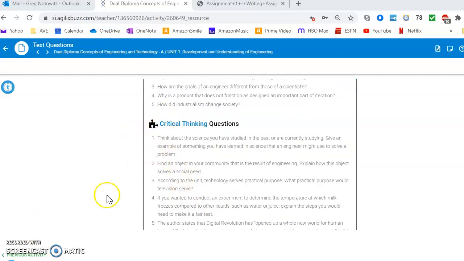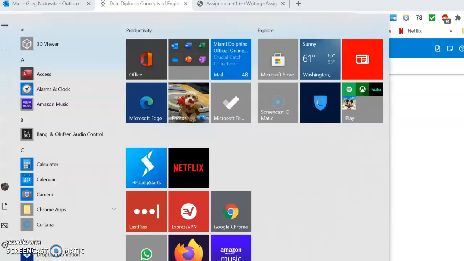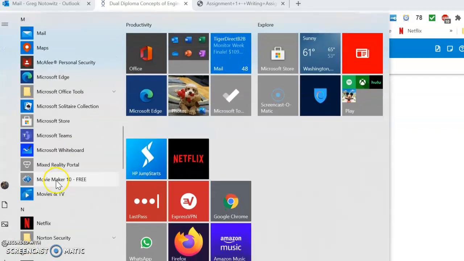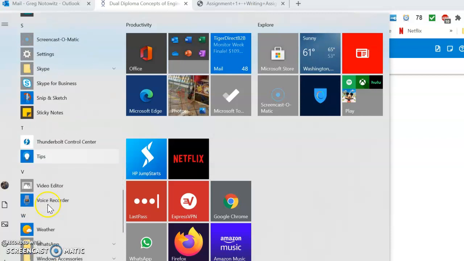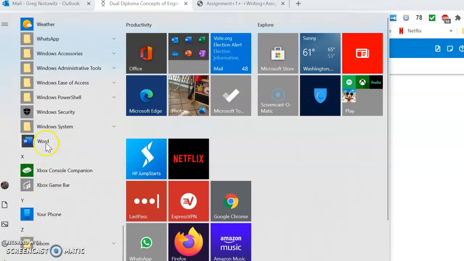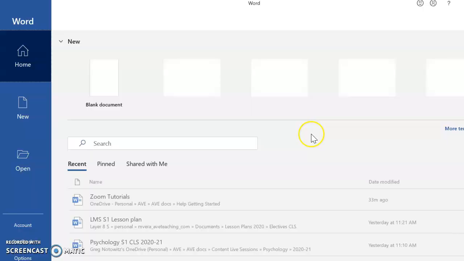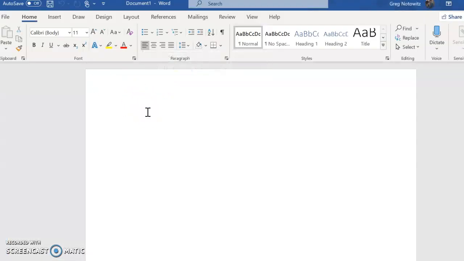So in order to answer them, I need to open up a Word document. So I'm going to go here in my programs, look for Word. There you go. I'm going to open it up, blank document. So I'm going to answer all my questions here. This is my engineering work. All right, I'm not answering all the questions right now, but this is just to show you how